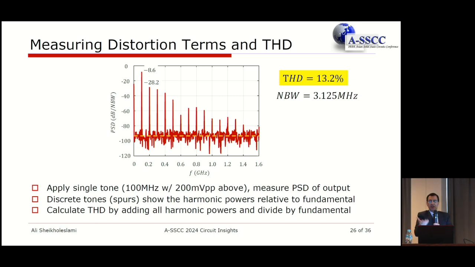If you use the equation I gave you on the previous slide to find the total harmonic distortion for the signal I gave you, you find it is 13.2%. So that means the noise power is approximately, not the noise power, in fact, the noise RMS is 13% of the RMS of your signal. And that is considered a large distortion for us.